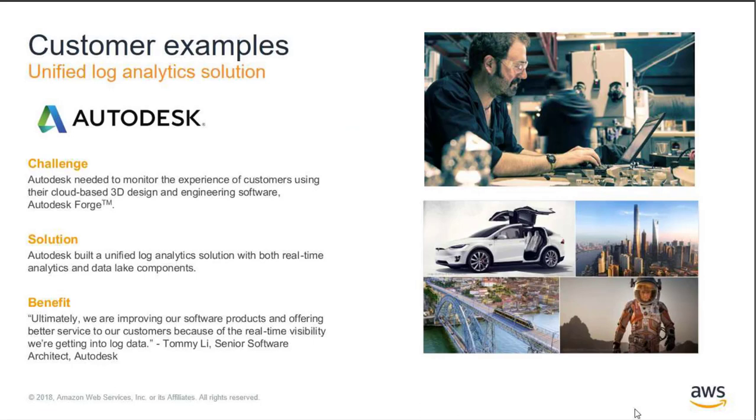So Autodesk is a company that delivers software that helps builders build. They do everything from automated computer-aided design to simulation software, and they run a set of cloud-based services in a piece of software called Autodesk Forge that allow customers to build the best possible things for your customers, everything from cars to video games to buildings.